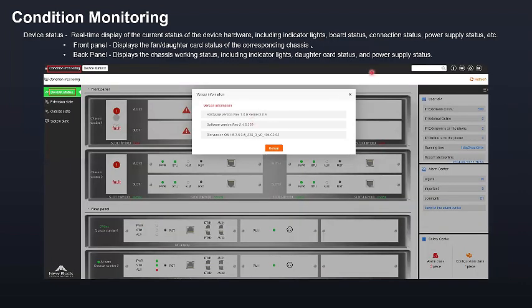One of the basic functions we have is condition monitoring, the condition of the device. On the front panel, it displays the fan. Again, I have discussed this in the previous slide: the fan and the daughter cards. This is the fan here. If it is highlighted, it means the fan has some issues or is not inserted. There may be some problem with the daughter card or the slot card. Once you click this one, you can see the version status for that one.